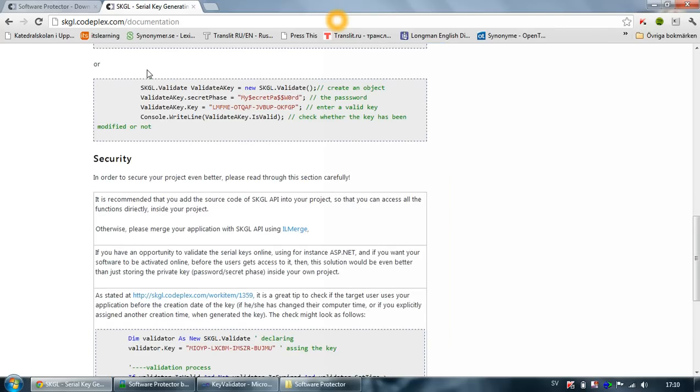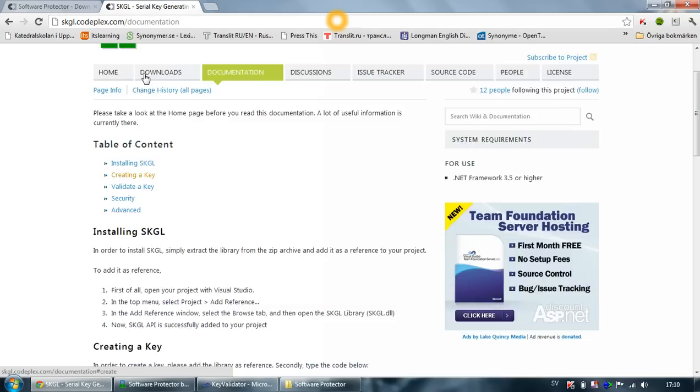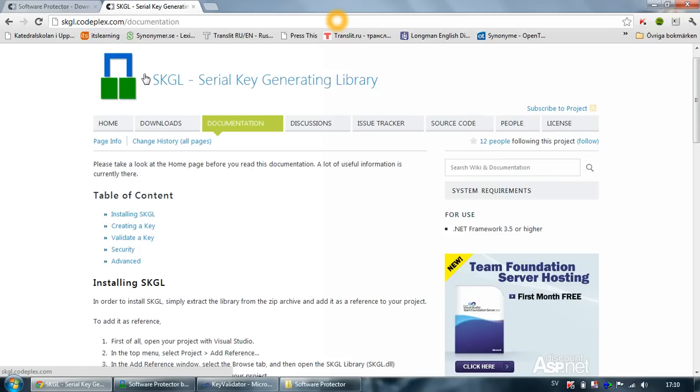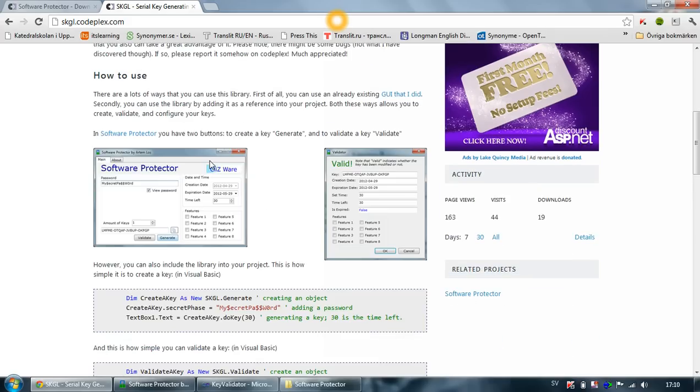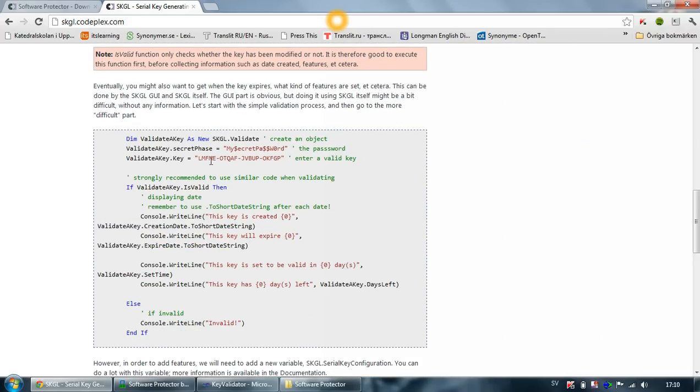I'm begging you to read it because it's quite useful information there. So before you start to work with this software, it's really good to read the security information. And as you can see,